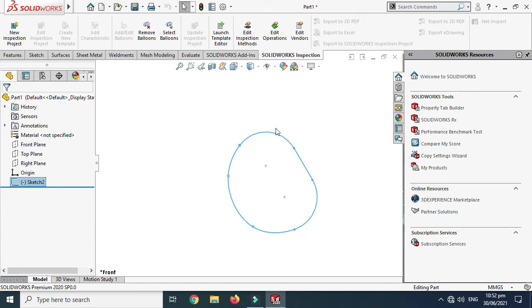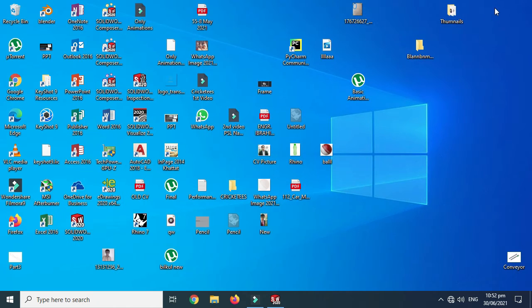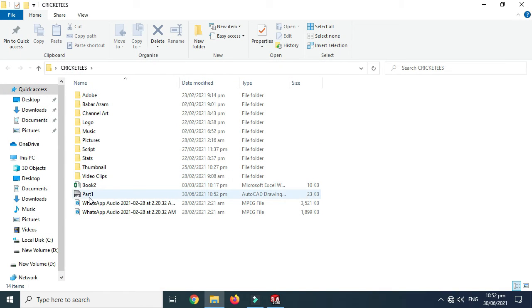So we can go to AutoCAD and check that file. Here is our part 1, and let's open it.